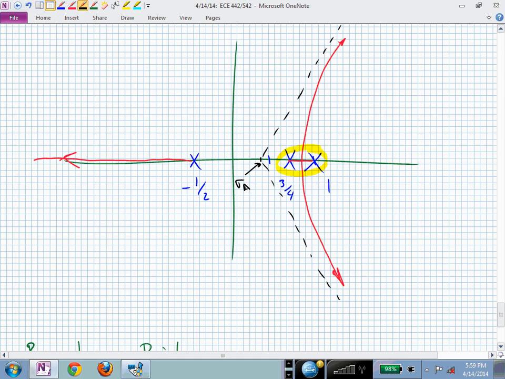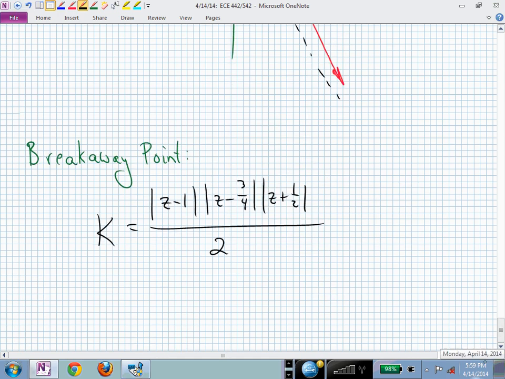Where k reaches a relative maximum is the breakaway point. You don't have to do calculus. You can do this numerically, especially when you have a third order, and if you had a fourth order and maybe a second order numerator, now you've got a quotient of z's. Might get kind of tedious to differentiate that. So you could do this, and if you did this numerically,